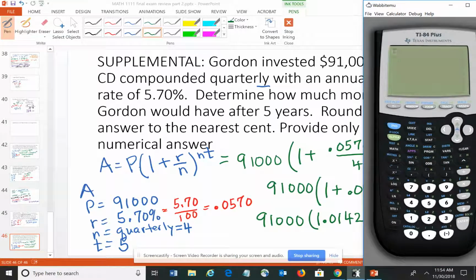Okay, so I would have 1.01425 raised to the 20th power times 91,000 gives me $120,765.176. Okay, be careful. The 6 next to the 7 is going to bump it up an extra penny. Okay, so we have